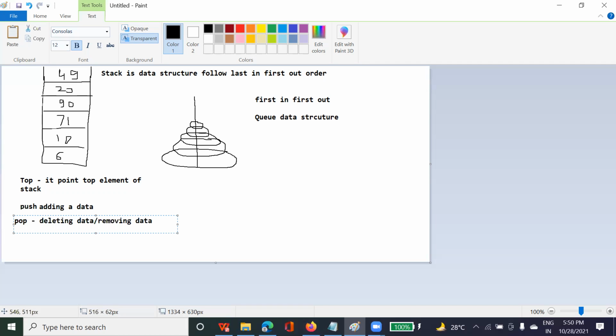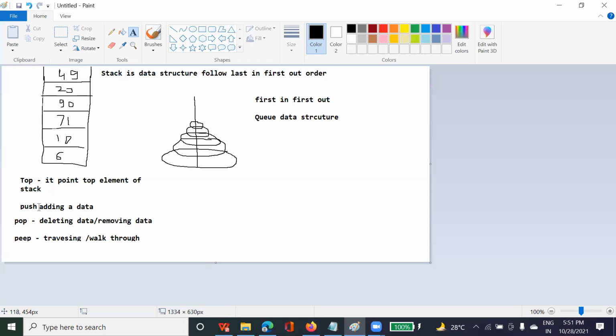And the other one is peep, which means traversing the data. Traversing means whatever data I have, I'm just walking through it, like we say walk through the data, walk through the code, right? So these are the three operations that we do: push, pop, and peep.